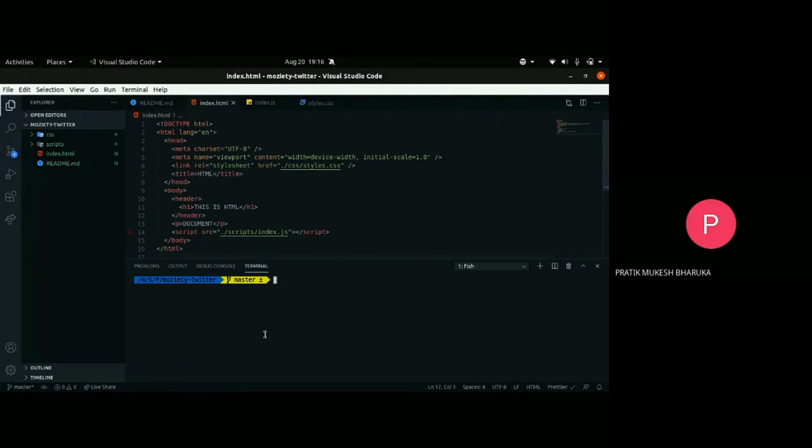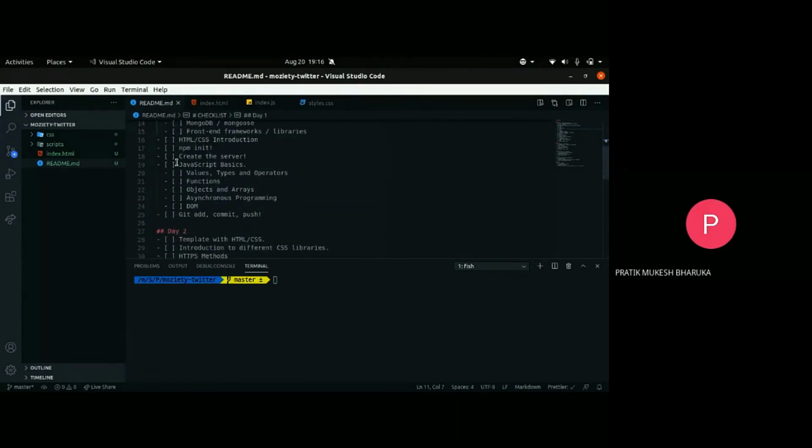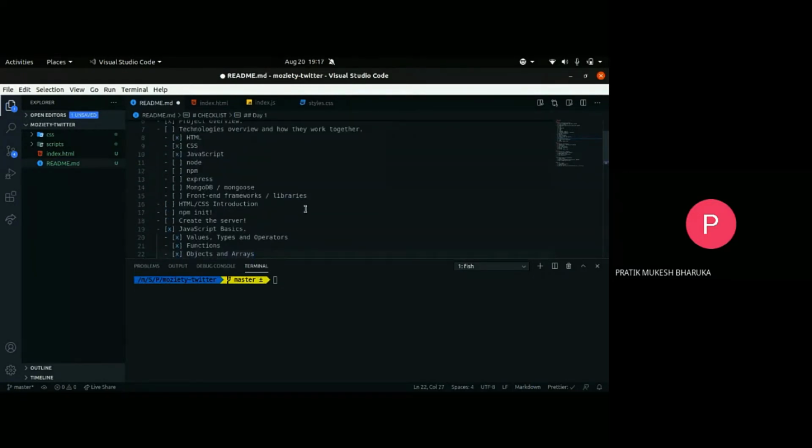Today we'll be starting the server now. Before that, whatever concepts have been involved are really very similar to your C or C++ or even Java up to some extent. So if you have any doubts in JavaScript, you may ask now before we proceed with the server starting part. Anyone? Any questions?